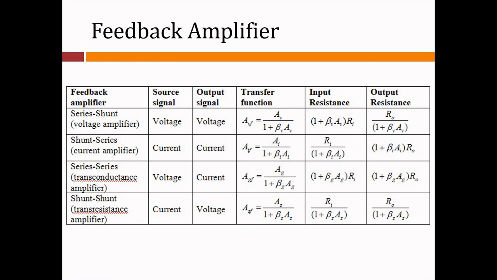The reduction in gain due to the negative feedback can always be compensated by increasing the number of stages. Both voltage and current can be fed back to the input either in series or in parallel, resulting in 4 basic feedback connections: voltage series feedback, voltage shunt feedback, current series feedback and current shunt feedback. Now the comparative table is right in front of you.